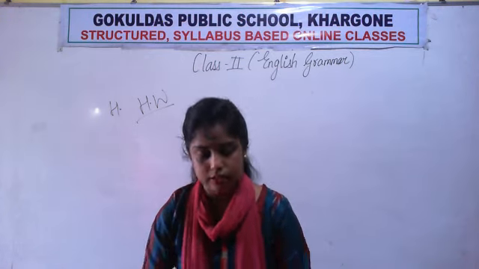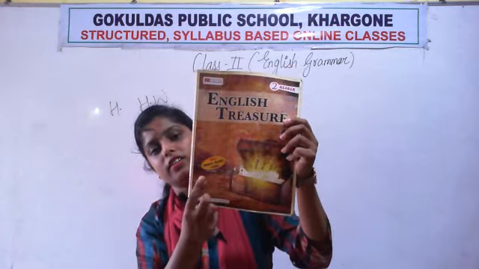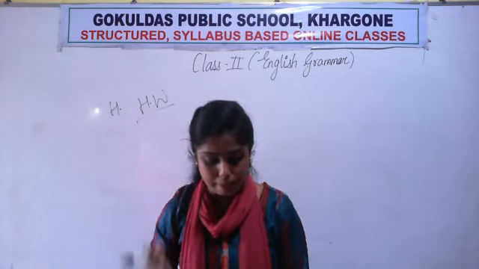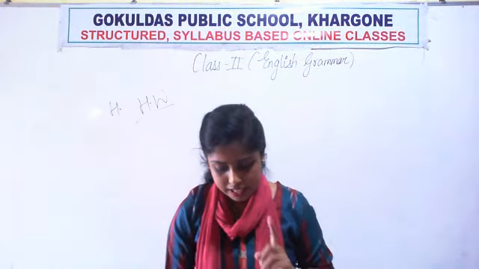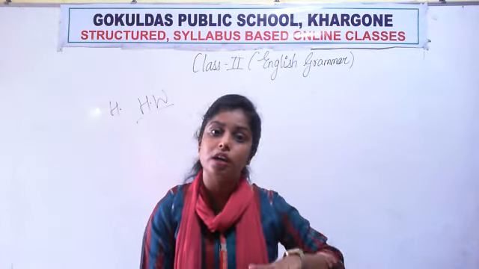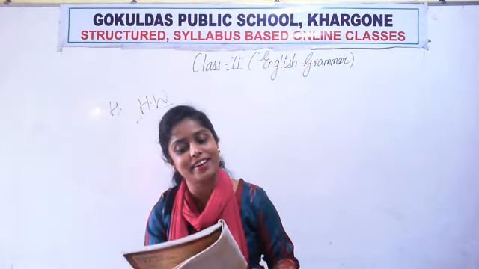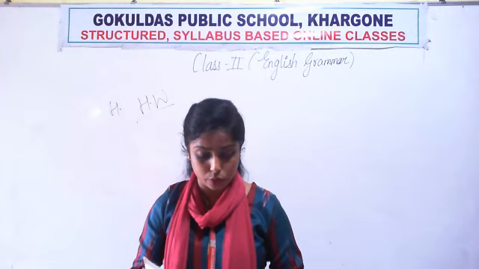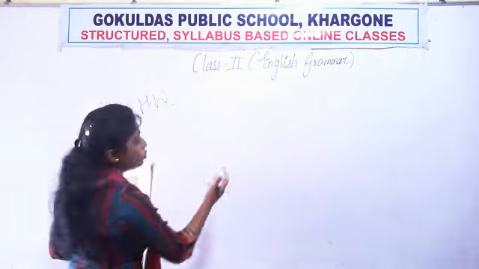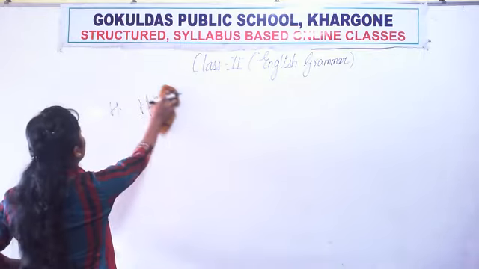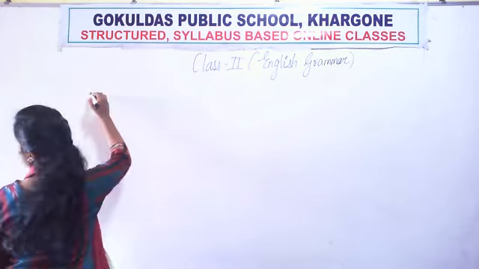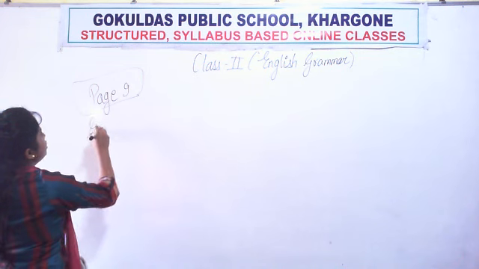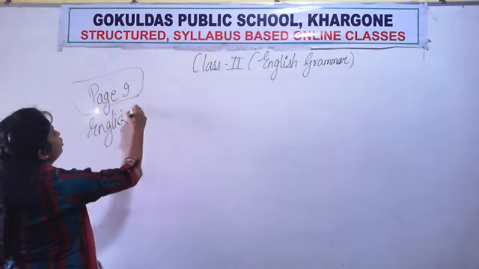Now in this English treasure book, okay, open this book fast because there is an exercise of noun that we have left in chapter number 1. There was an exercise based on nouns in chapter number 1 that I did not get done then. Why did I not get it done? Because at that time you had not understood nouns, I had not explained nouns. Okay, so I just want you to open page number 9 of your English literature book. Page number 9 of English literature, English treasure.